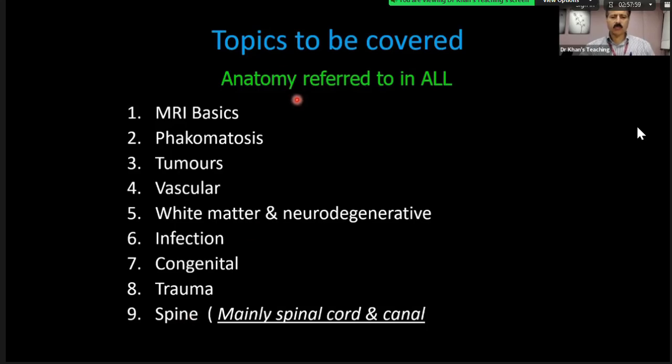I will refer to anatomy in each and every one, but today in greater detail, and in tumors also in greater detail. The point is that in examination, many a times, the viva ultimately heads up into anatomy. For example, you get a parasellar meningioma, which goes into the cavernous sinus, into the Meckel's cave, and encasing, let's say, the basilar artery, etc. So all of these things will be asked in anatomy. So the examiners at times just point out, what is this, what is this, what is this? And if your anatomy is good, only then you can answer those questions.